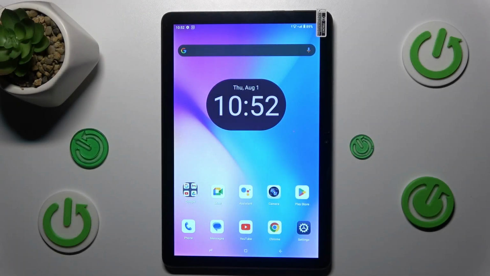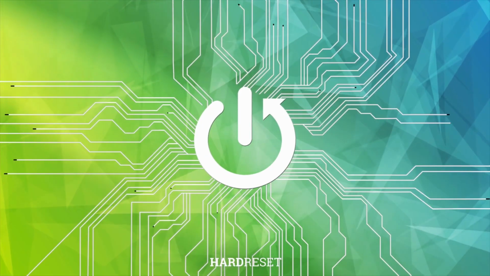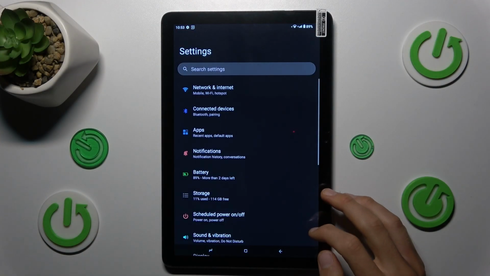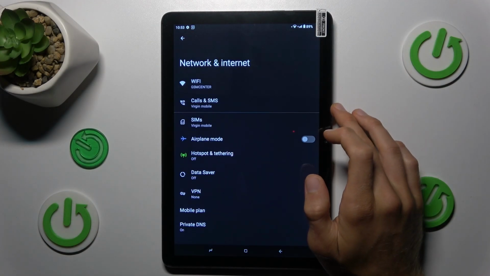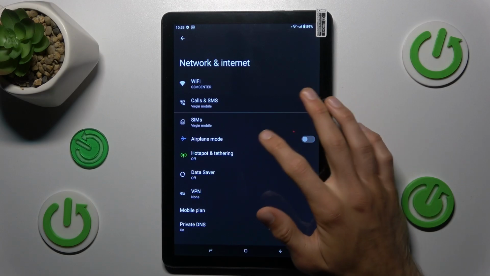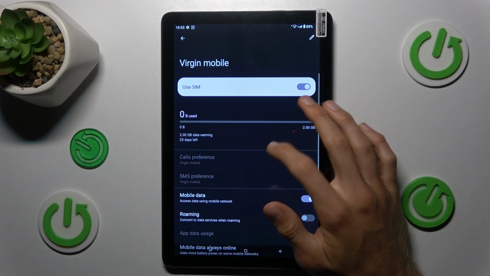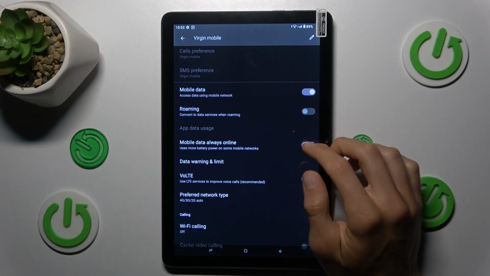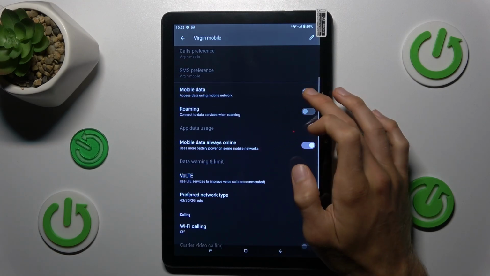Today I have Doogee T10e and I want to show you how to set mobile data limits on this device. To do it, open the Settings application where we choose first option Network and Internet, and there we tap on our SIM. In it, we scroll down and choose Data Warning and Limit, but remember you must have mobile data turned